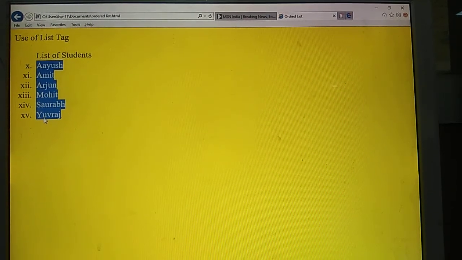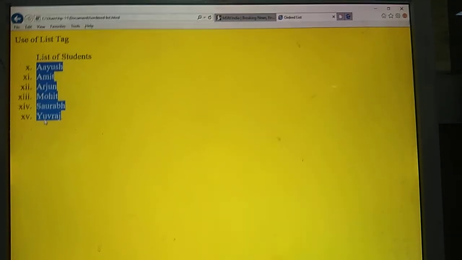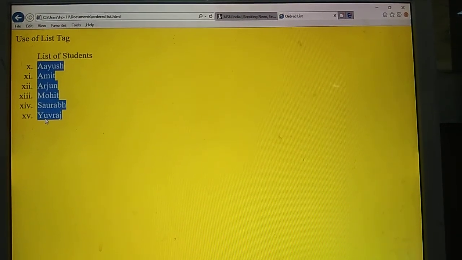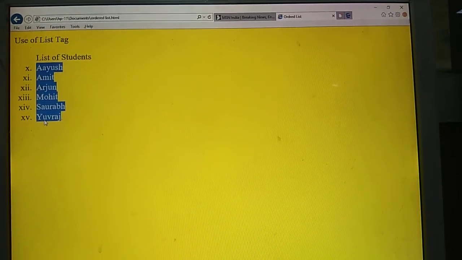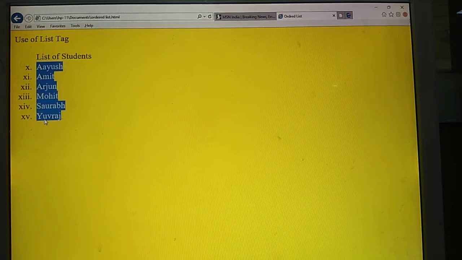So you can use all these like this to create an ordered list and set its start. After it, mention its types. Which type of numbers do you want? It can appear in this list.